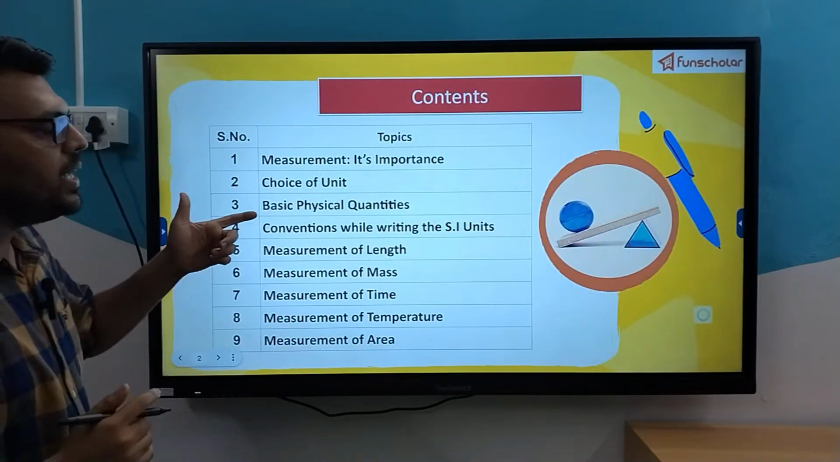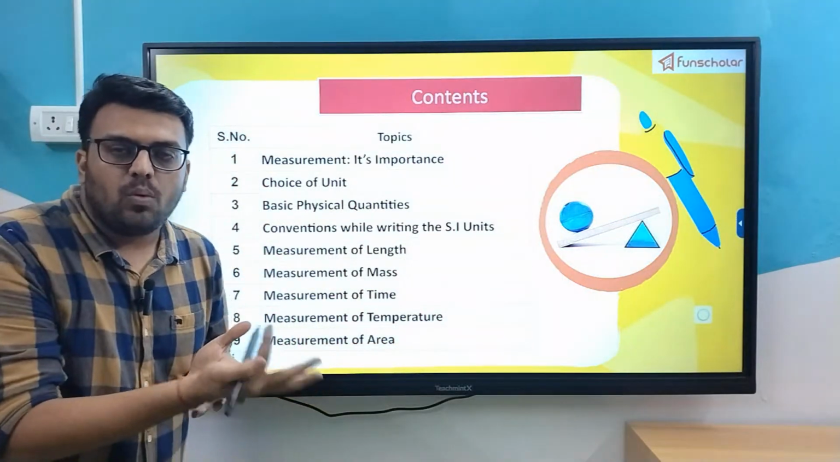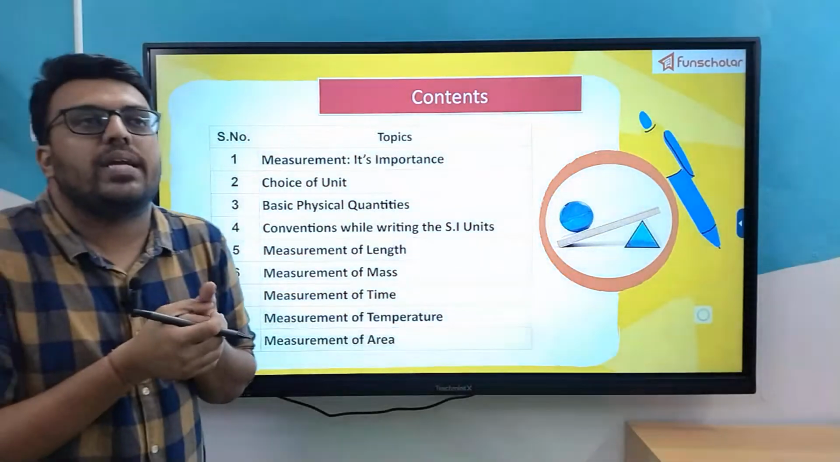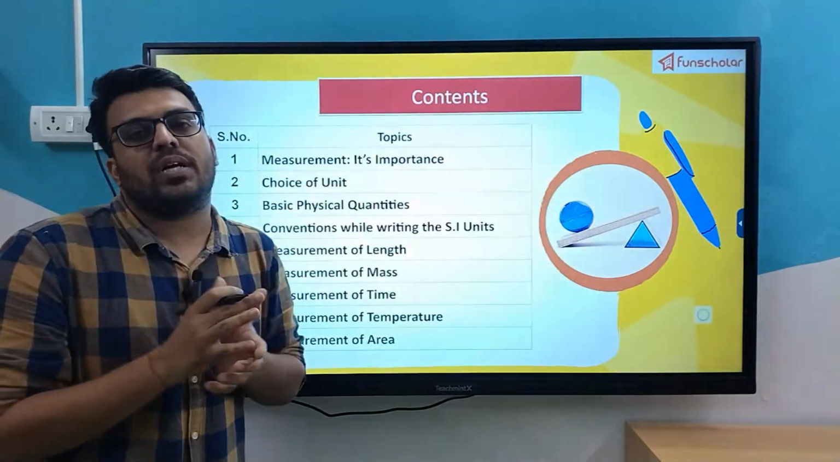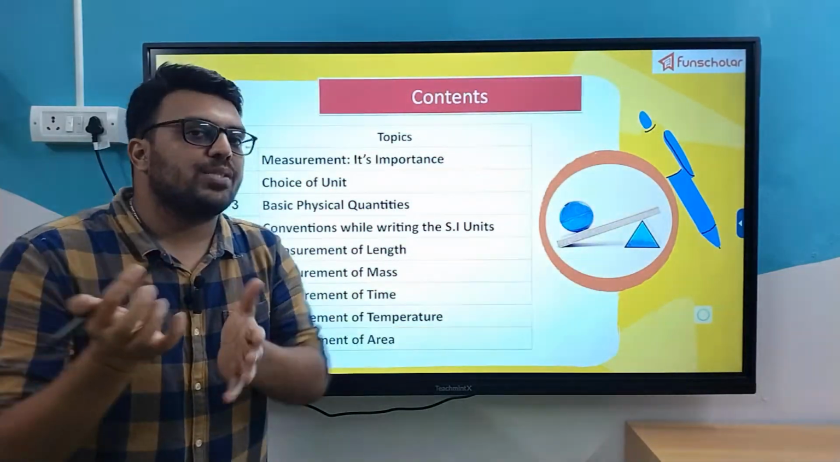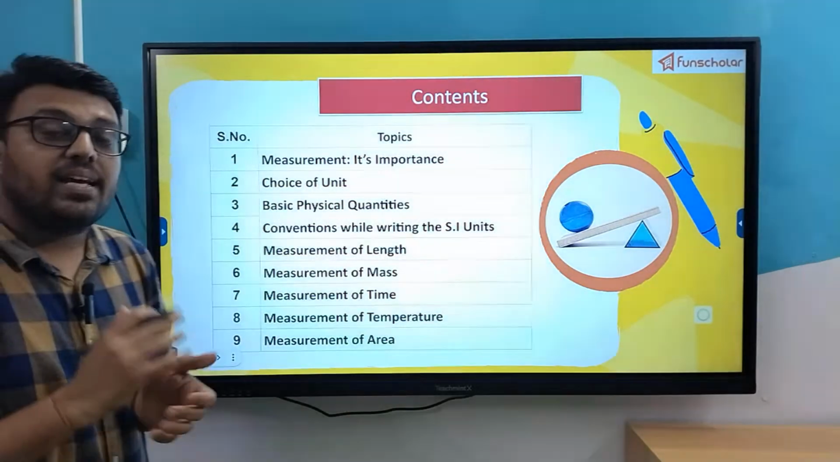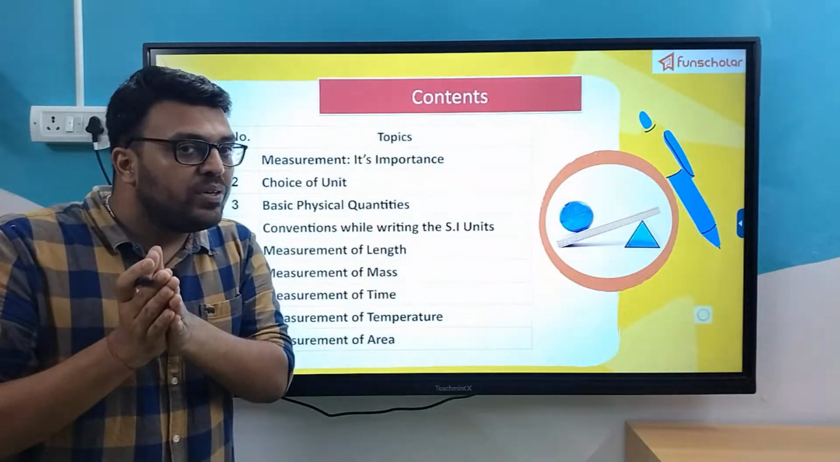यानी कि हम देखेंगे कि how do we define measurement, what is the importance of measurement, and the second thing is what is the choice of unit and what are the properties that we should consider before claiming something as a unit. Okay. The next thing is some basic physical quantities, the conventions while writing the SI unit, which is the